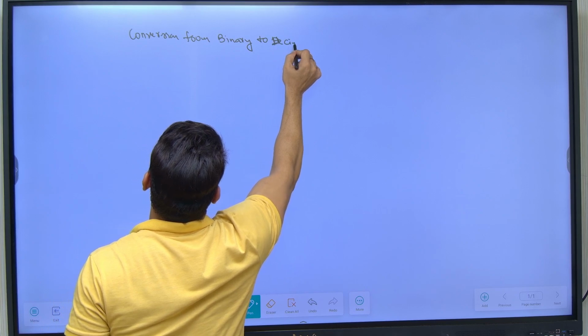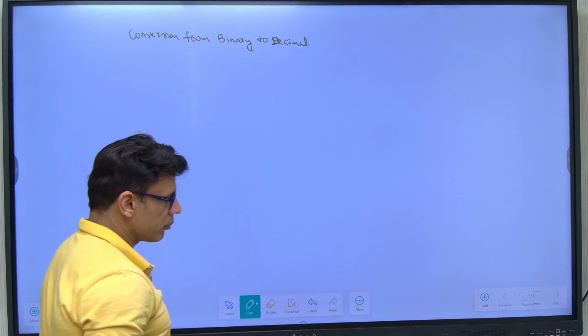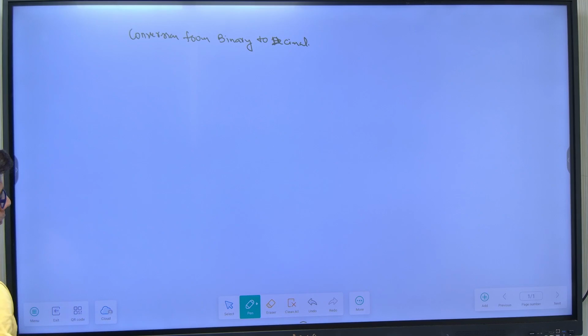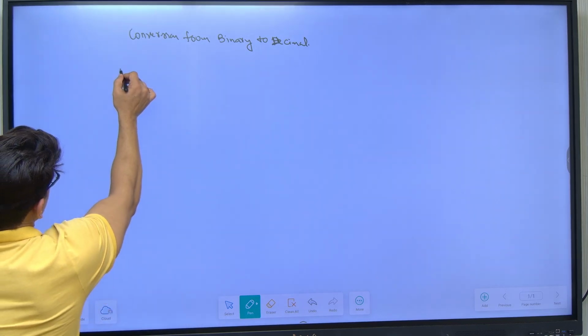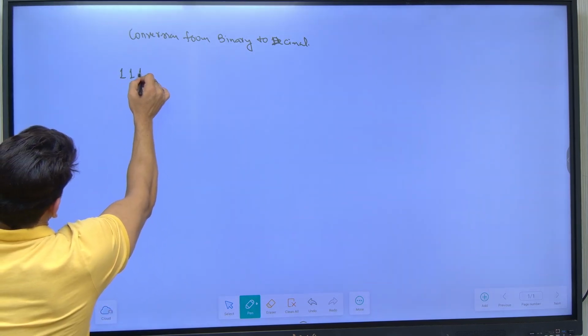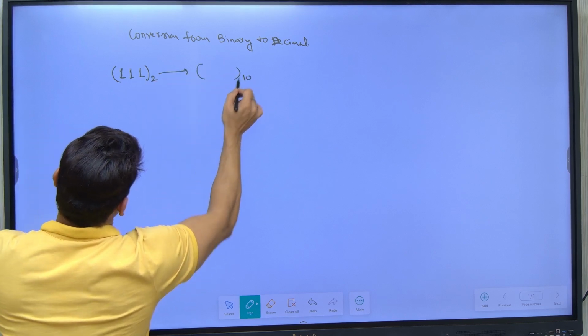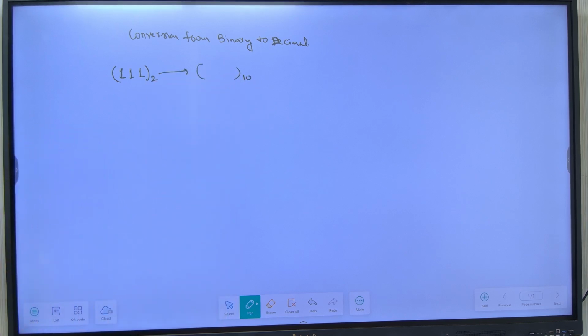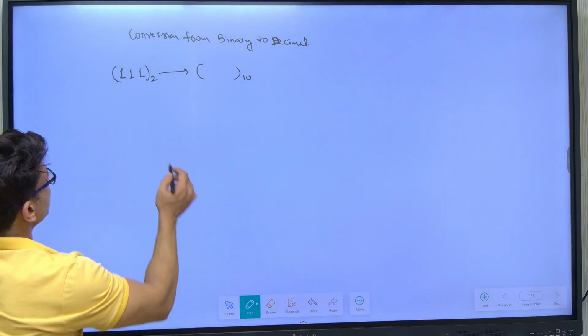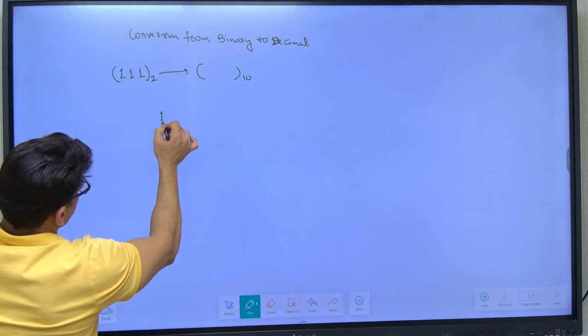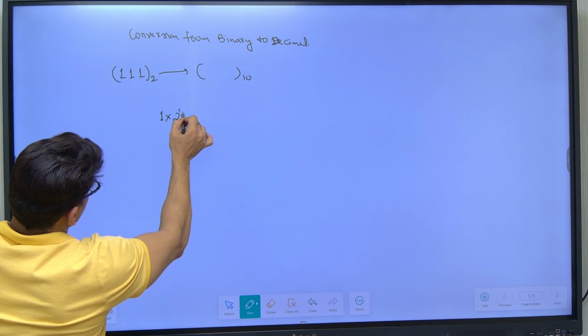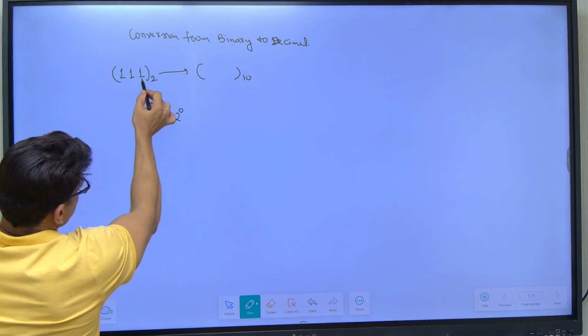If there is any number and you want to convert that number from binary to decimal, how to do it? Suppose we have a number 111, which is in binary, and you want to convert this number into decimal based system. To convert any binary number into decimal, you take this 1 multiplied with 2 raised to the power 0, starting with this first digit,